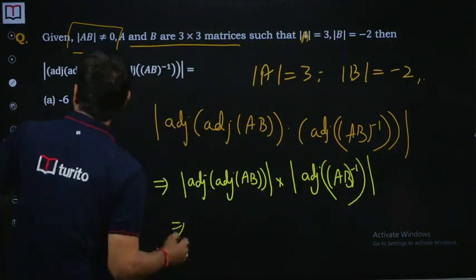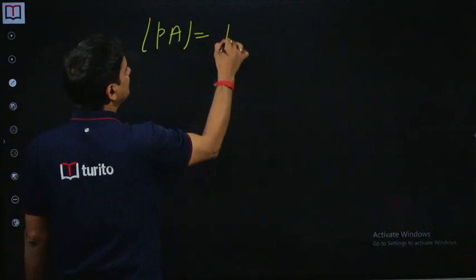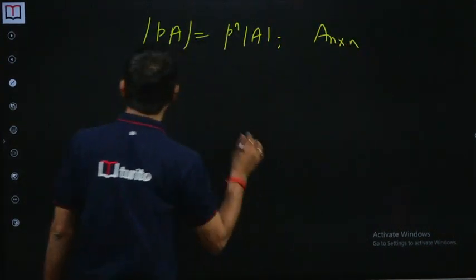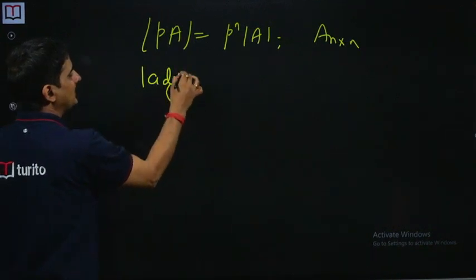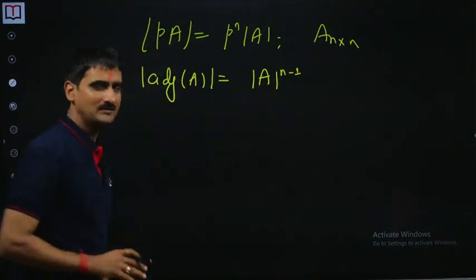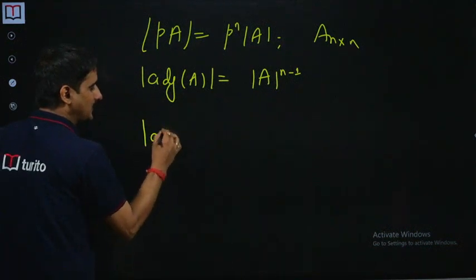Okay, now again, 2 properties. Determinant of P times A is P raised to the power n times determinant A, assuming A is an n cross n matrix. And similarly, determinant of adjoint of A is determinant of A raised to the power n minus 1. So determinant of adjoint